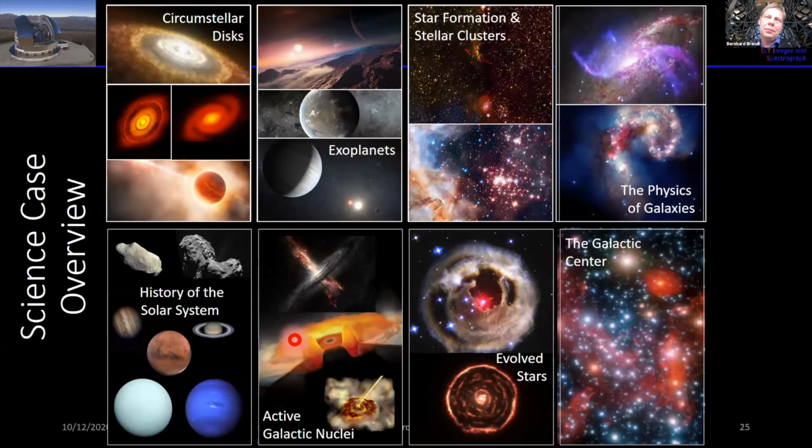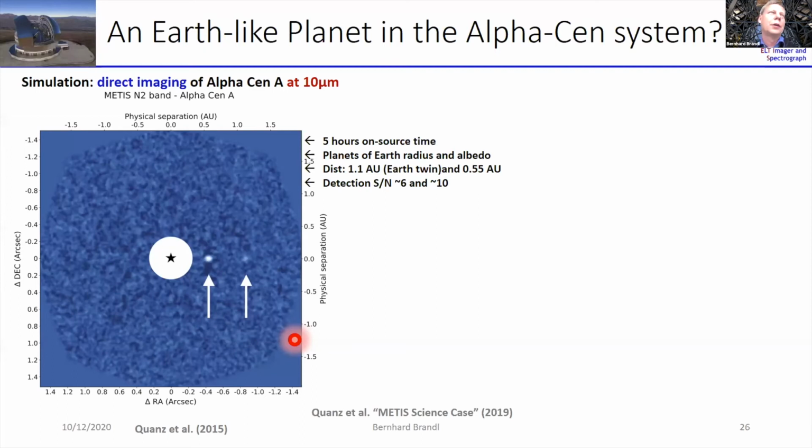Okay, let me give you a very brief science overview at the end, or close to the end. So, of course, this is nothing surprising, so I don't need to dive into that. It's also, I think, very similar to the science drivers that the MICHI instrument on the TMT will have. But what I want to show you is a simulation of some of our science drivers. One is direct imaging of Alpha Centauri at 10 microns. And this is a simulation where we added 2 exoplanets, one at 1.1 AU, one at half an AU. And they clearly are detected at 10 microns. Actually, the outer one, which is probably closest to the Earth, is only detected at